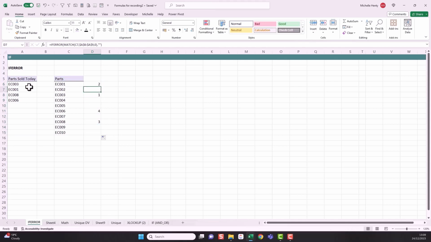sometimes the blank isn't appropriate because someone might think I've just missed these and I need to go and look for them somewhere and return the row number. You might actually just want to write some text in here instead. Then when I drag that down,